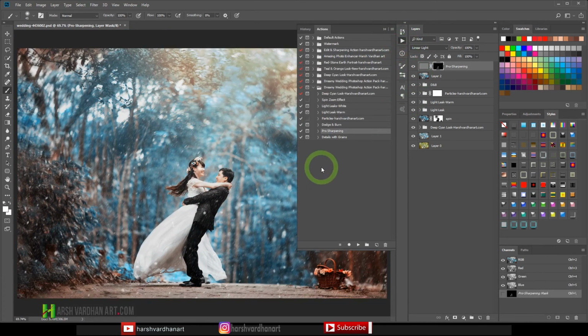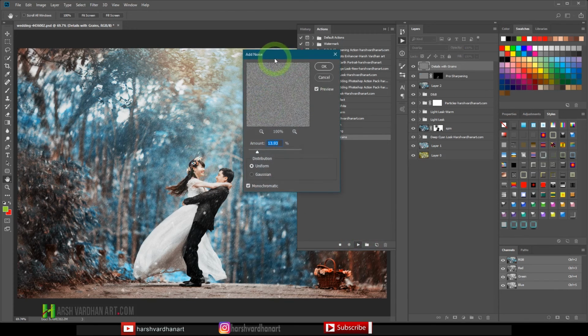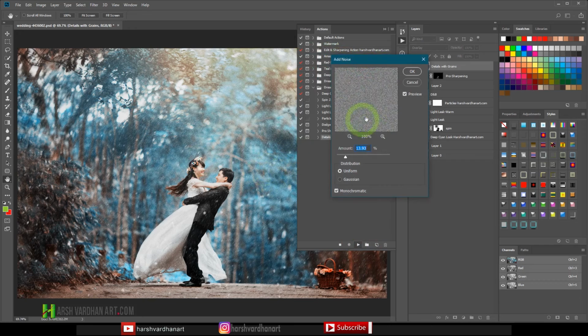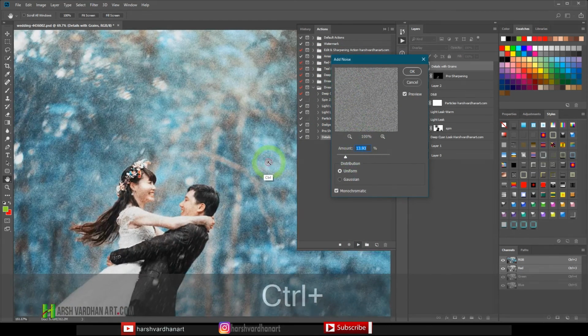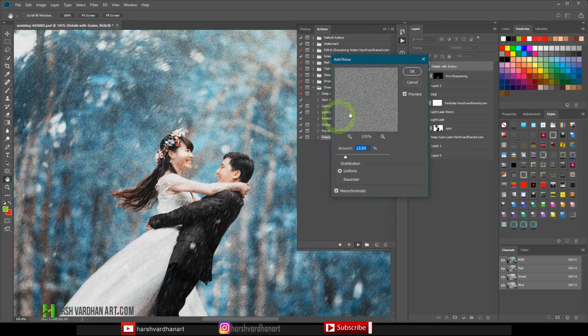All right, and there is a last Photoshop action which you can use if you want. It's basically going to add some grains to the image. So I'll select this and I'll show you what it does. So if you just press the play button, it's going to open up the dialog box, and it's going to ask you to select the amount of the noise which you want, and you can see that it has made the image too grainy. So I'll drop that to something like this, maybe around 1